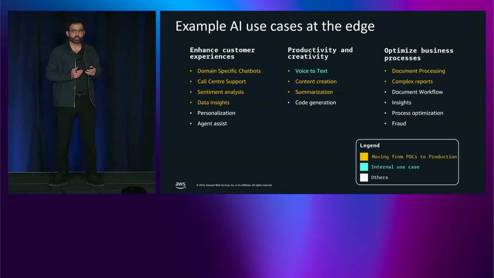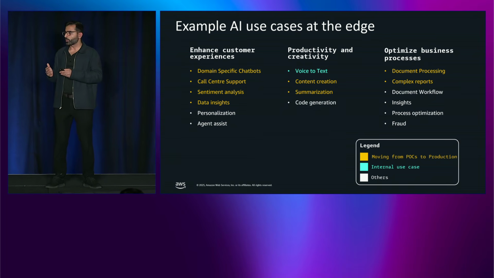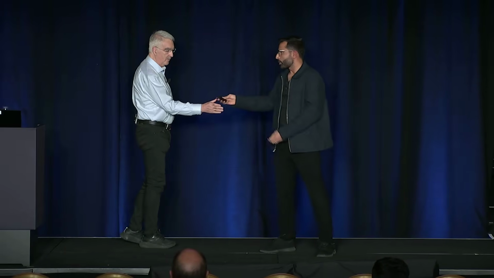So now that you've understood the use cases and the business drivers, I'll invite Chris on the stage, who will talk about how you can optimize pre-trained models to run efficiently at the edge. He'll also talk about how you can improve the model accuracy and drive performance with these models as well. In parallel, Fernando will run you through the demos and really bring all of this to life. And one thing I want to clarify before Chris starts is, after the end of this session, we'll make sure you have access to the code of our demos as well, so you can try it yourself and just relive the excitement here. Thanks.